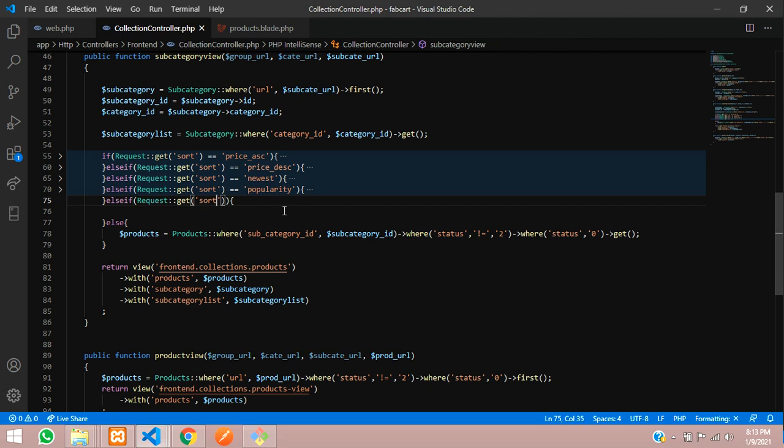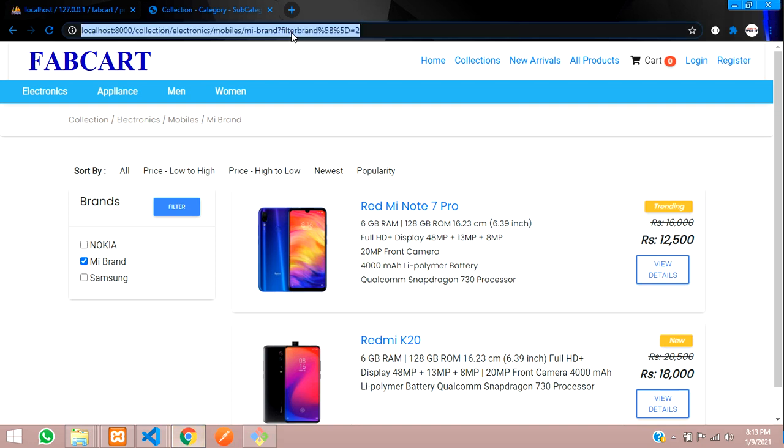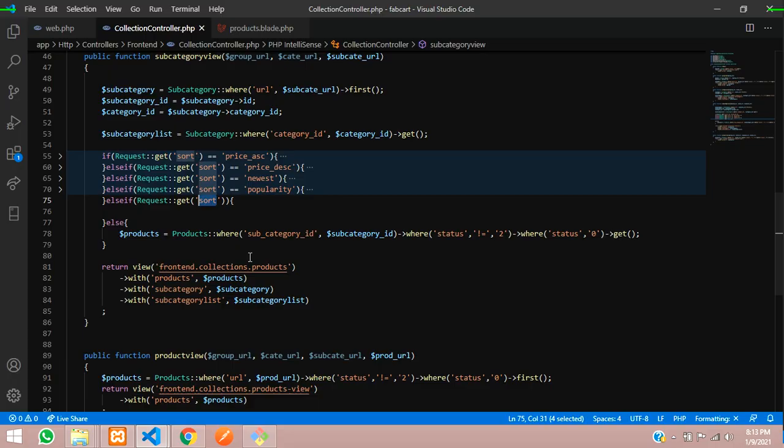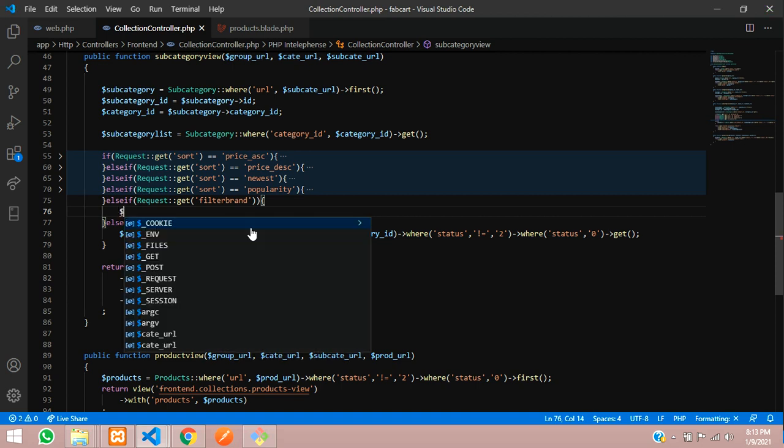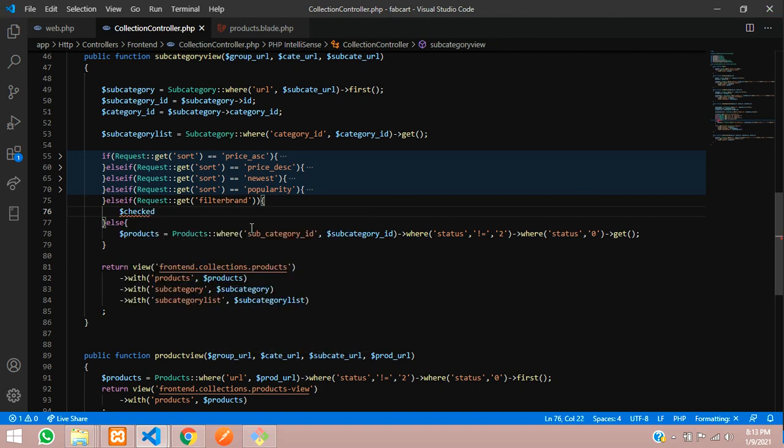Now over here, with the request of what you're going to get, I'm using get where filter brand. If any data is there, let's copy that and paste it over here. Very simple. And then you can call it in your get PHP, or else you can use the same format. It will be clear, so for that I will use this only, where checked is equal to, I will get this filter brand.